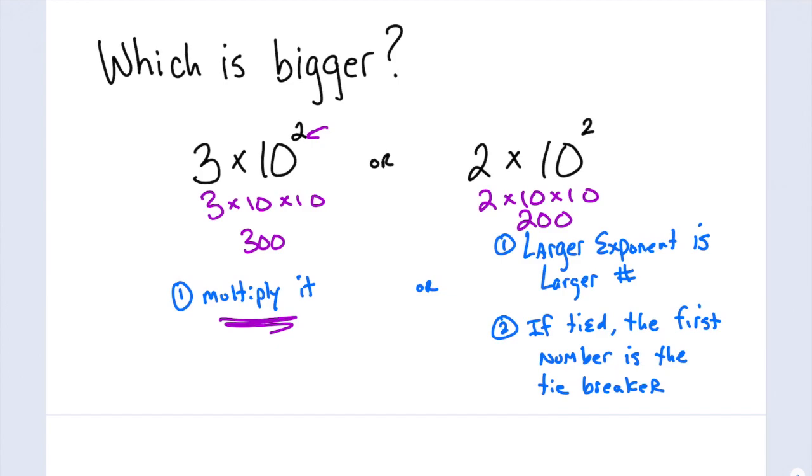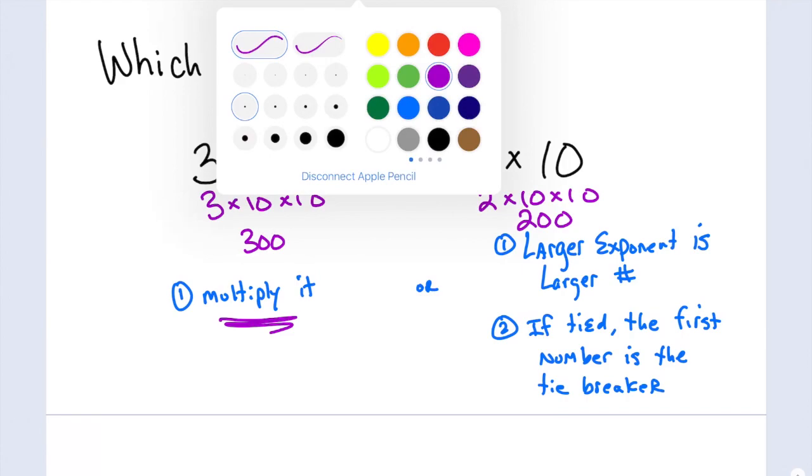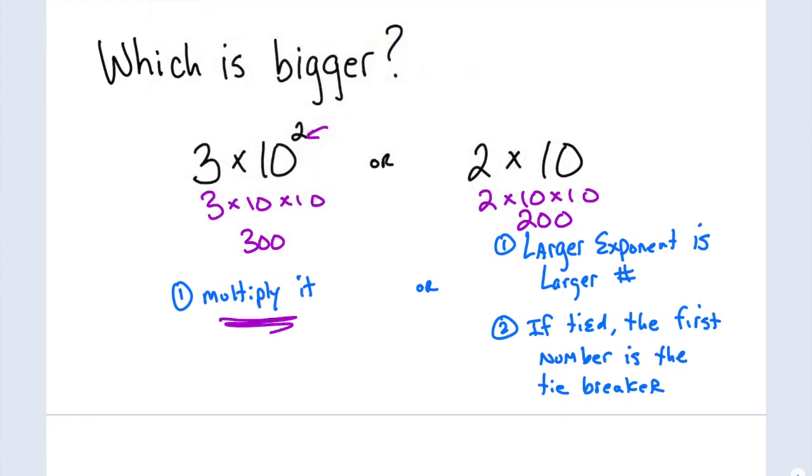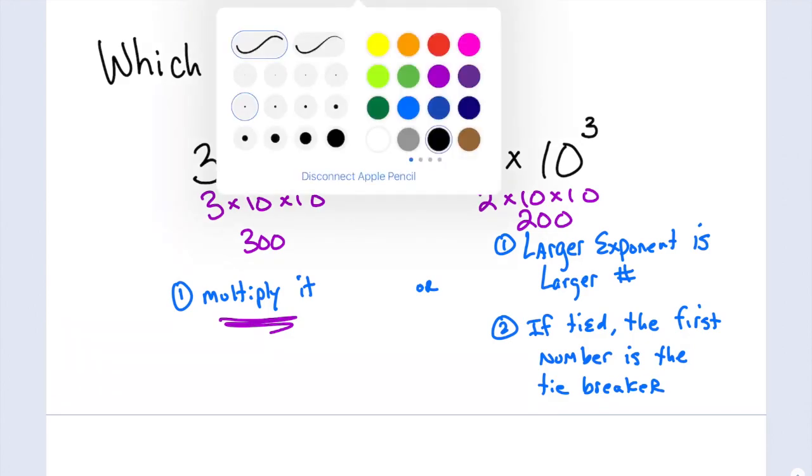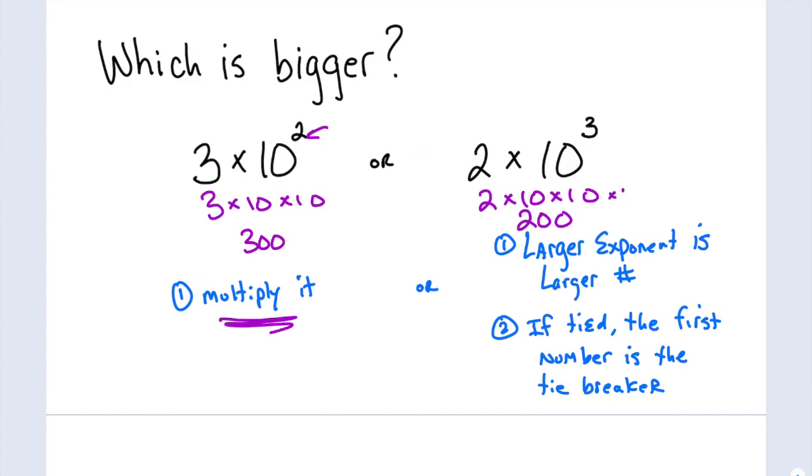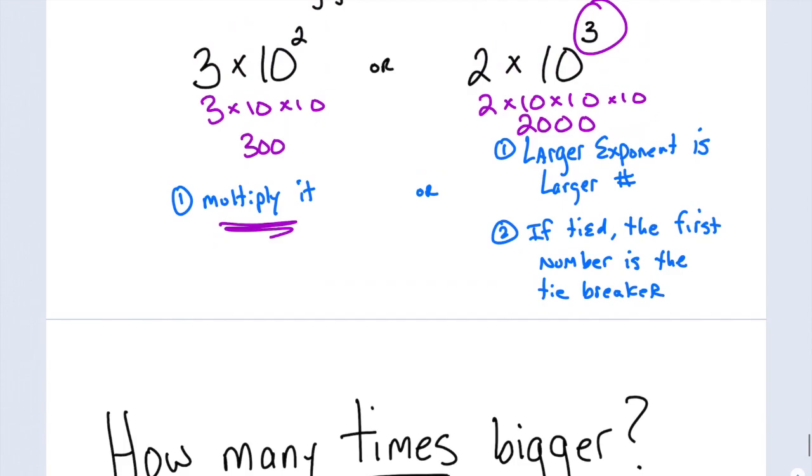Now, what sometimes happens, and I had intended this to be the case, but I changed my example before I recorded, was what happens if I have a different exponent? If I have a different exponent, you can still multiply it out like I did in purple, but that's going to give you an extra 10 over here, that's going to give you an extra 0, and it's going to change your answer. Right, so now all of a sudden with a modified question, the 3 makes that second number bigger, which leads us to our second